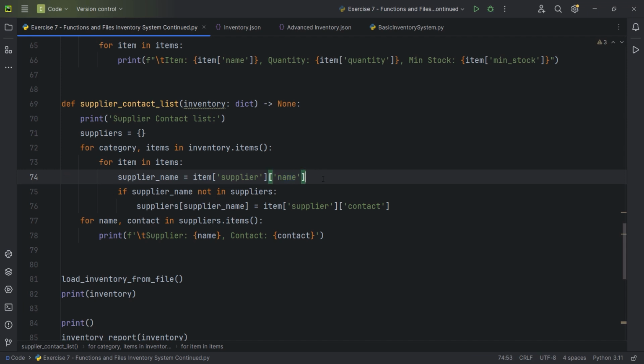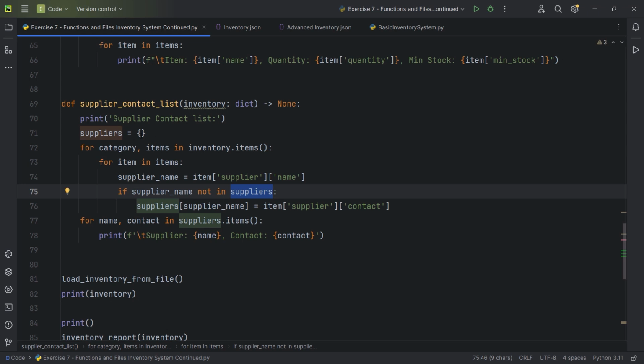And then what we do is we check if the supplier name is not in the suppliers that we have right here. Then we append to the suppliers dictionary the supplier name, and we set it to the item supplier, and we have the contact. This is going to be the value of each new item that's added to the supplier